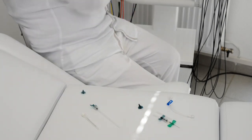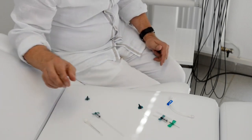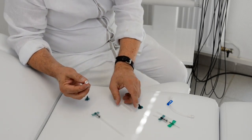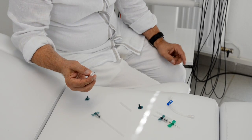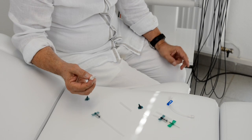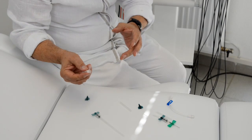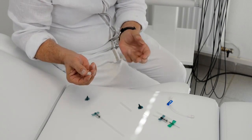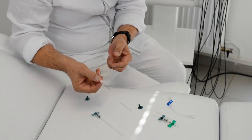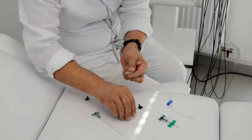For interstitial or intra-articular laser therapy, we are using these products. This is a so-called interstitial needle. We can use this for puncturing of joints or maybe on the spine, and also we use it for interstitial photodynamic therapy of cancers to bring the laser beam very close to the treated area, maybe in a joint or maybe also close to tumor tissue. So first of all, we put this needle inside in local anesthesia, and this needle has a length